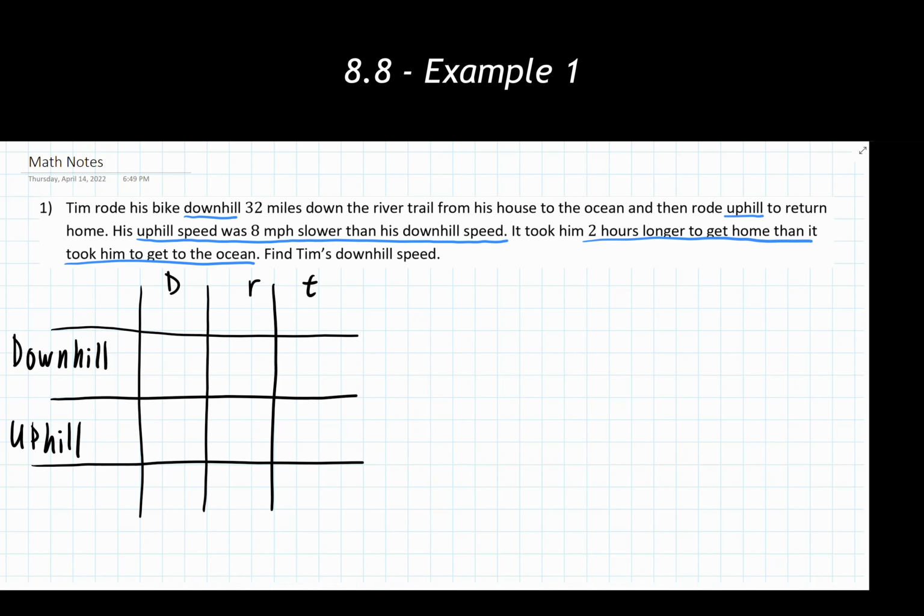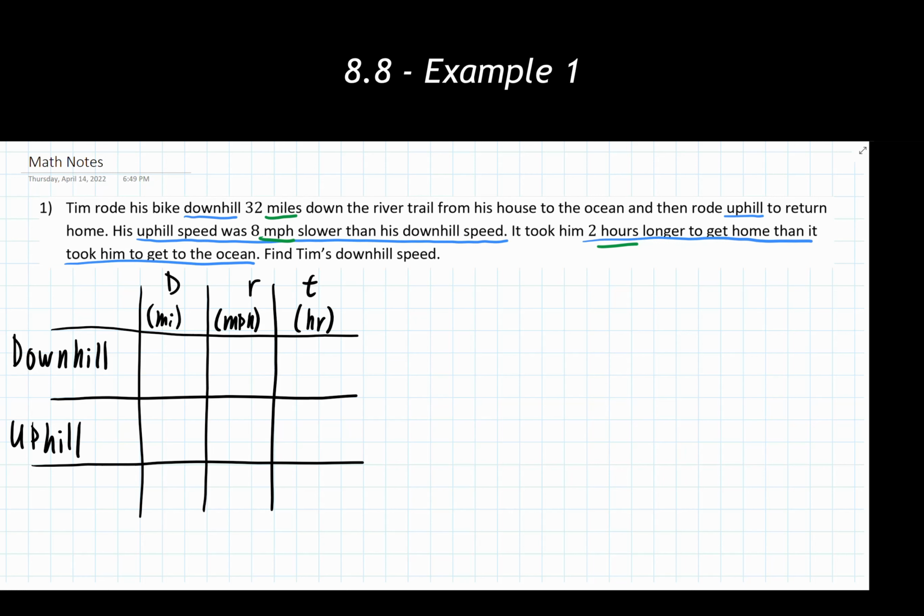Okay. Now when we're filling in this table, I think it's very good to have our distance. What's the unit that we're using for distance? In this case, miles. Our time is in hours. And our rate is in miles per hour. I think that's very useful to be on the lookout for units attached to numbers. It's very, very handy. So we're going through these things.